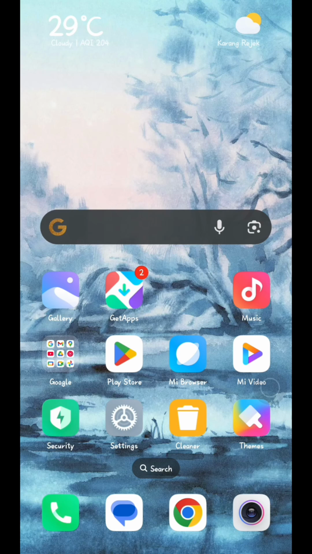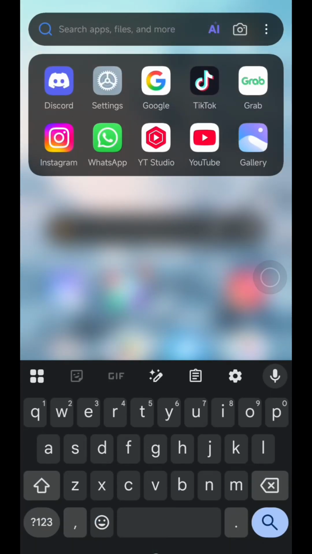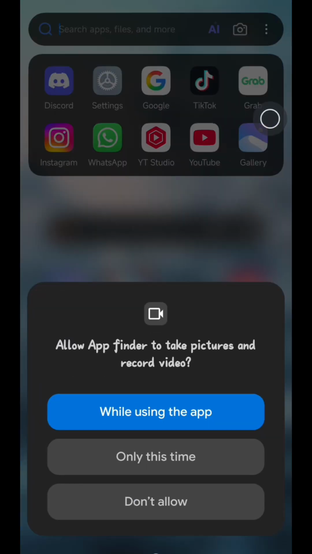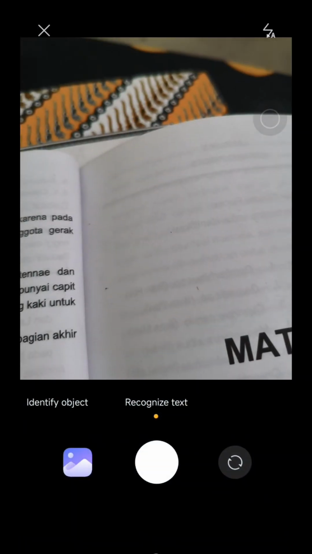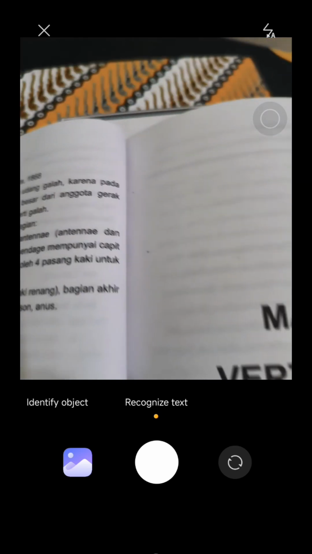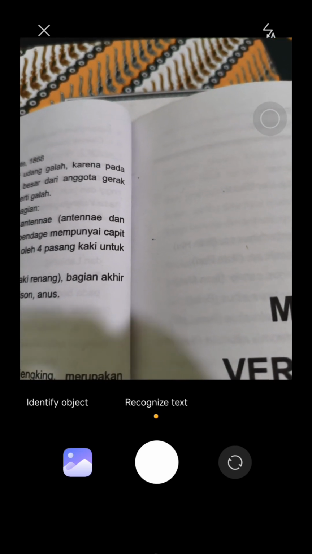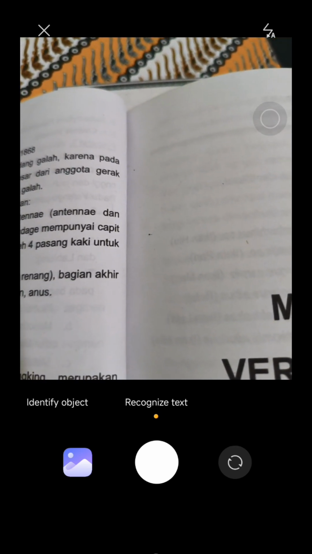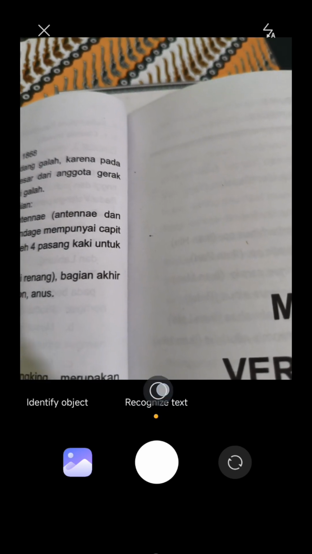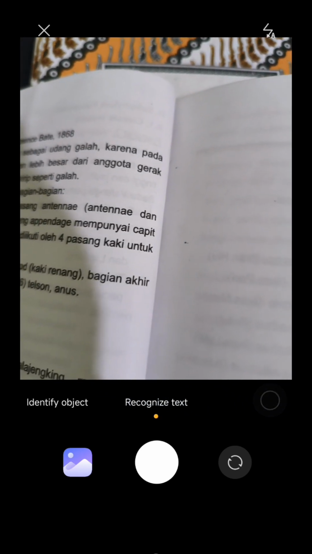first just tap on this search feature like this, and then just tap on the camera icon, this one, inside the search bar like this, and then after that just tap on recognize text, just choose this feature, and after that now just take a